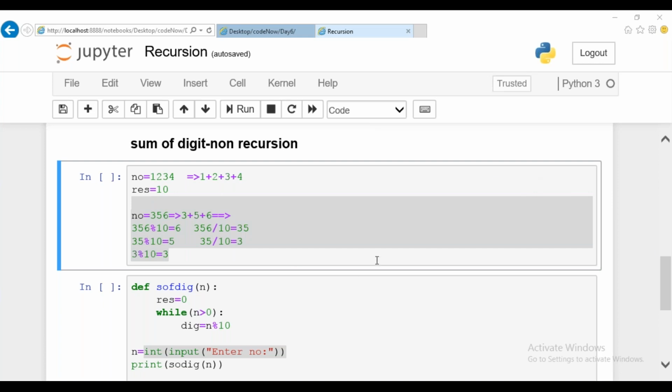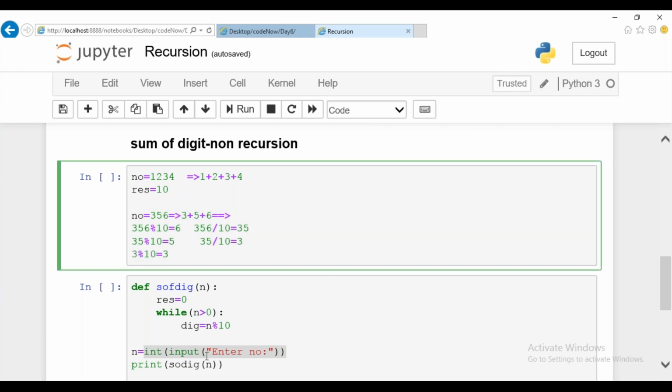Guys, make sure your mics are muted. Give me a second, guys. Okay, fine.